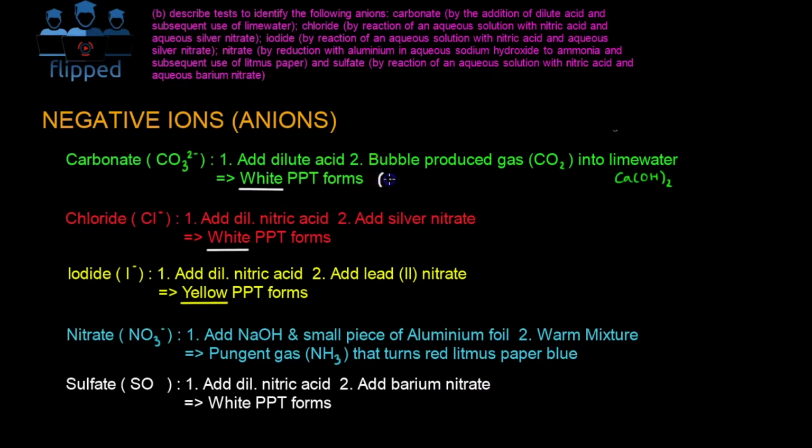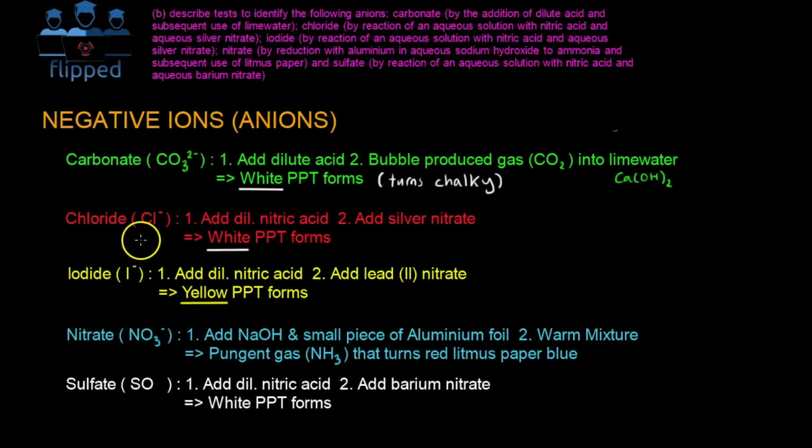This is also called turns chalky, as in the chalk that we write on the blackboard. Okay, turns chalky. Secondly, we have chloride, which is Cl-, and what we do to identify them is to add